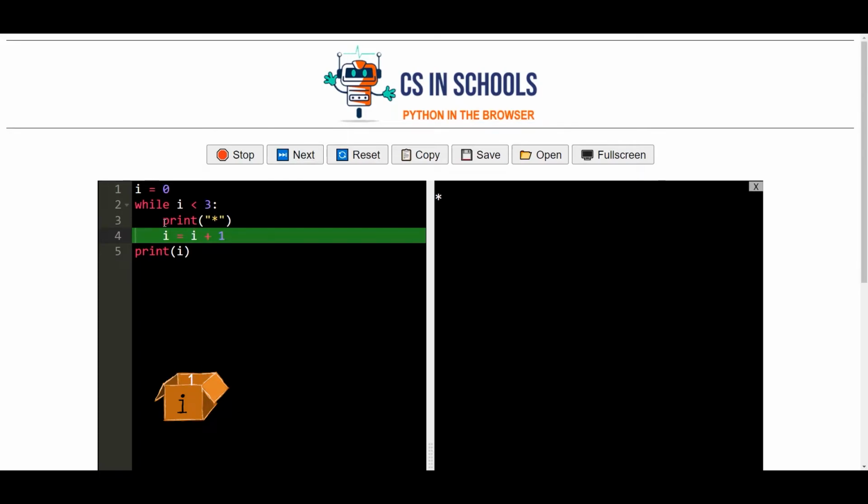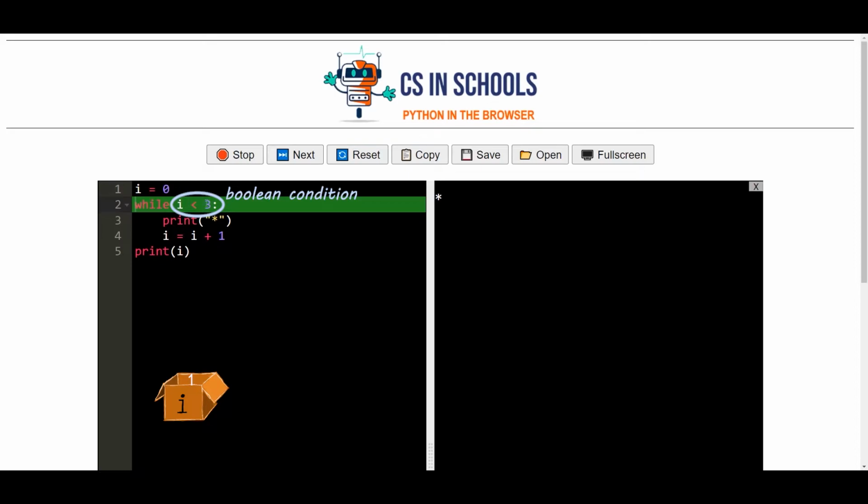Once all the lines of code which are indented are executed, the while loop always goes back up to the top and asks the condition again. So even though the condition is at the beginning of the while loop, it is always checked at the end of the while loop as well. So now I has gone from 0 to 1. We're going to evaluate the condition,